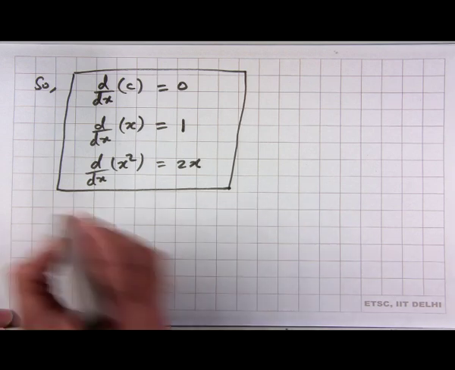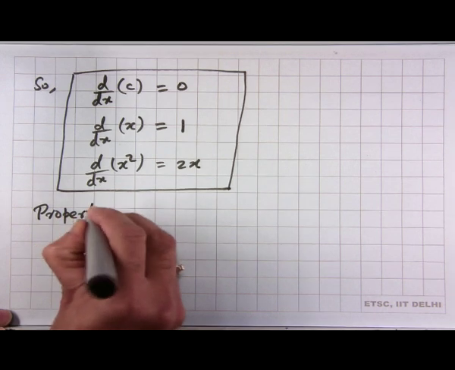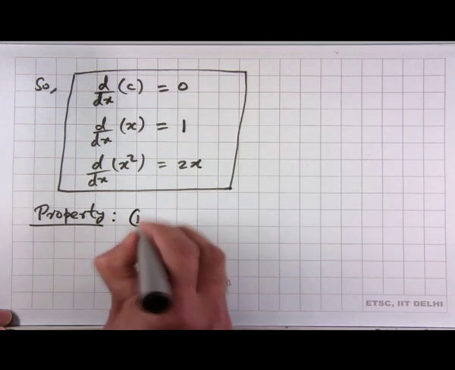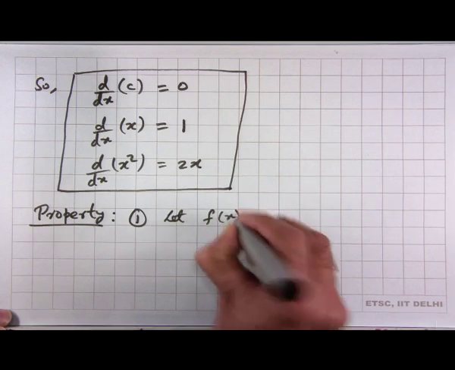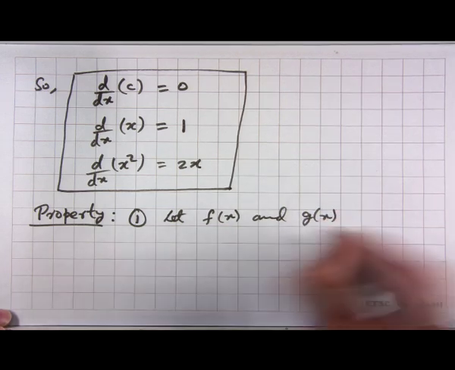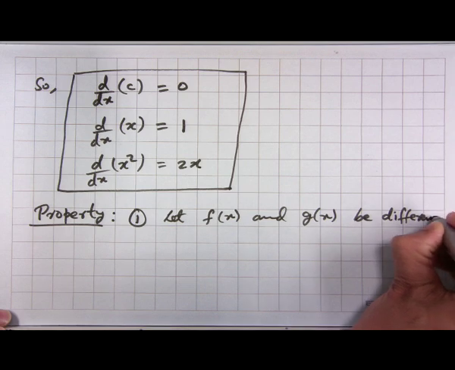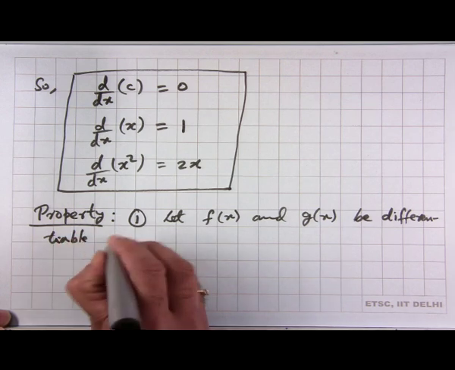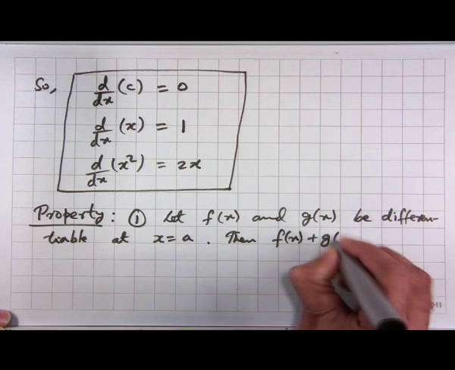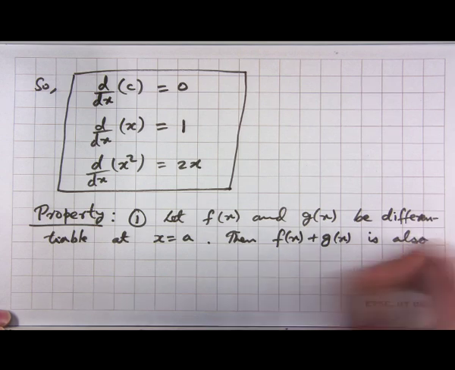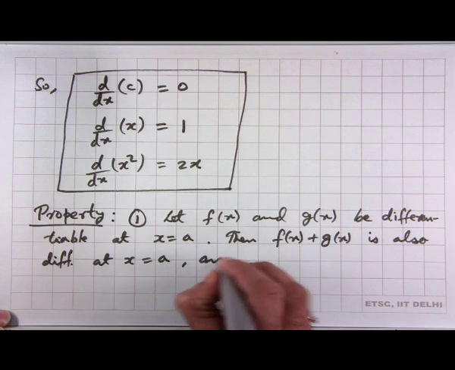Now, one important property is that, suppose f(x) and g(x) are two functions which are differentiable at x equal to a, then the function f(x) plus g(x) is also differentiable at x equal to a, and we can write the derivative